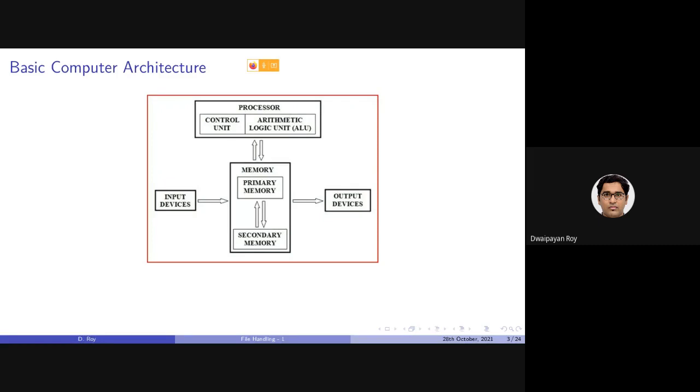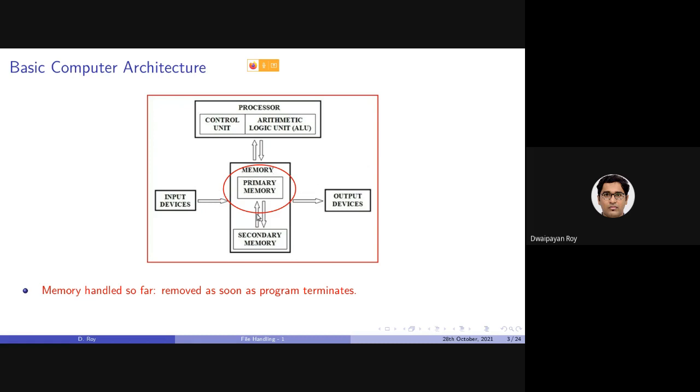So we started our discussion with the basic computer architecture. There we discussed that everything that we will be handling directly will be through this primary memory, which is the RAM.